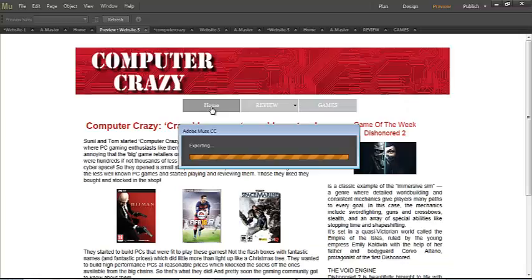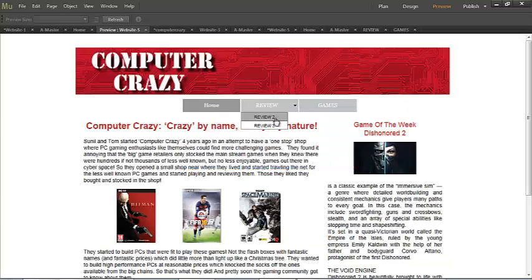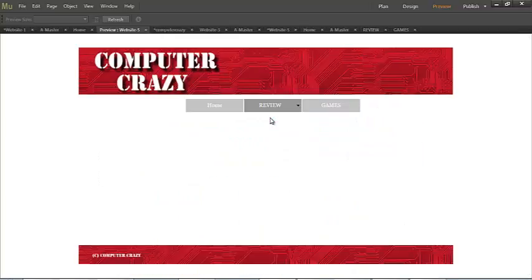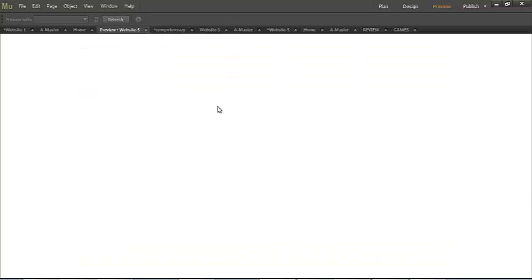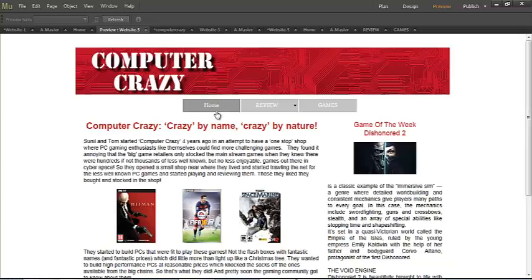I can click on home. You can see each time I get these little drop downs, I can click on these other pages. Not that there's much on them. So from any page I'm on, I've now got a sub menu as well. So that's basically it. One last thing I want to show you before we finish up on this tutorial is